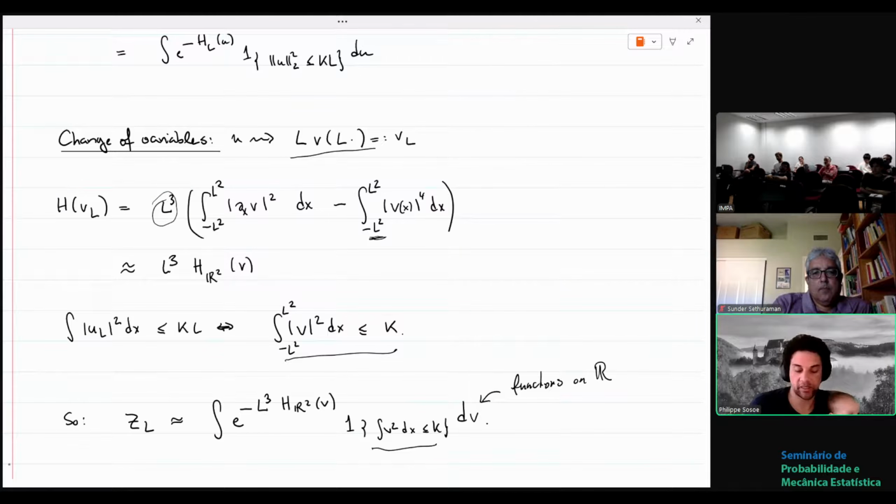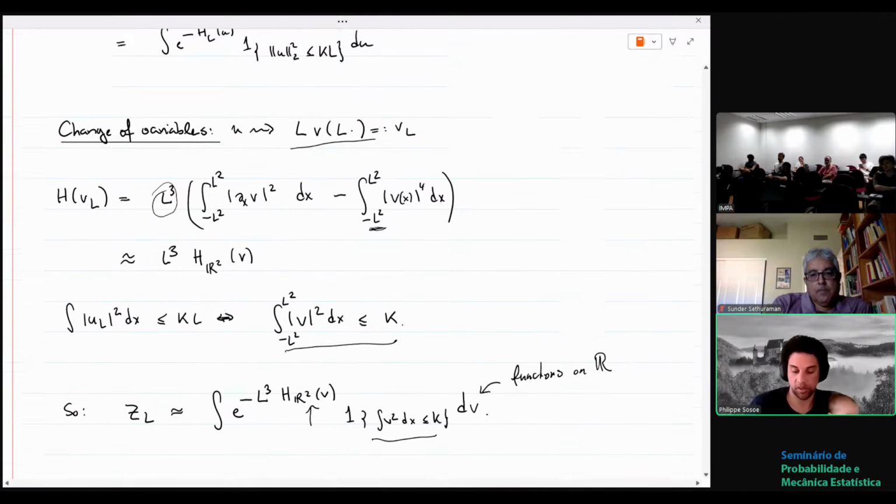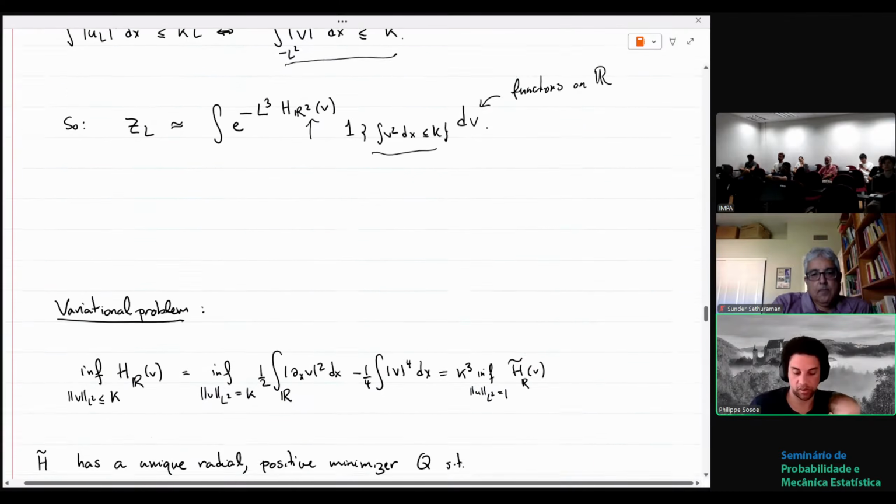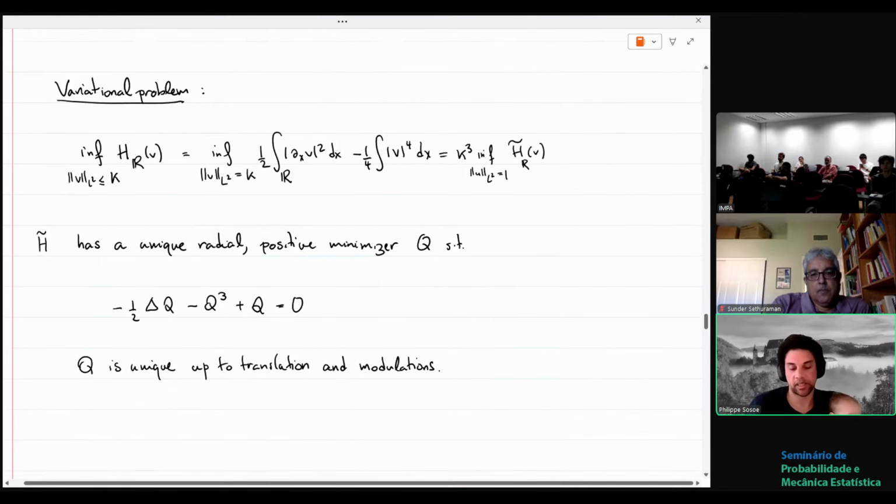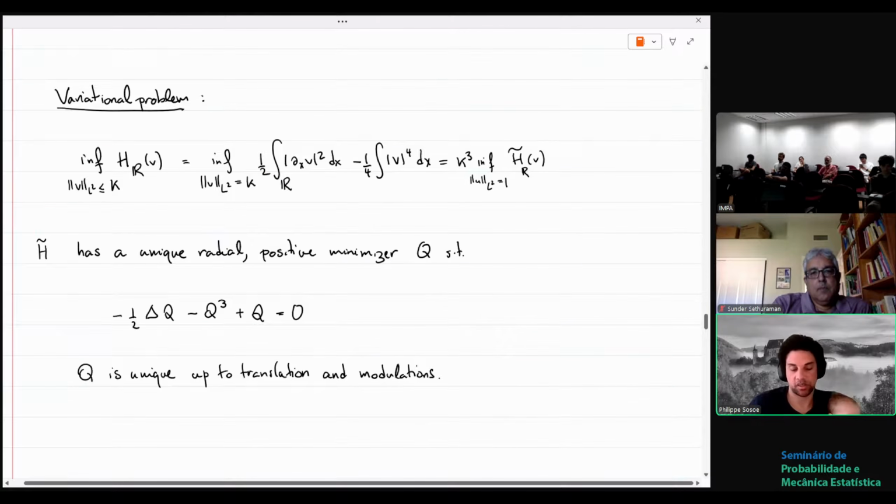And we're integrating e to the minus L cubed times some nonlinear functional of v. Okay. So, of course, by the Laplace principle or whatever, we expect that this is going to be very strongly concentrated around the minimizers of this functional VH here. But the minimizers of this functional, that's exactly where we get this